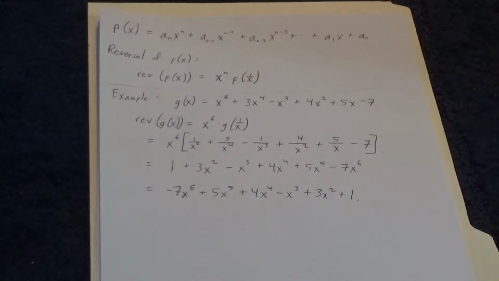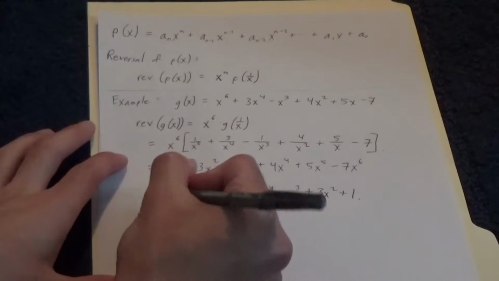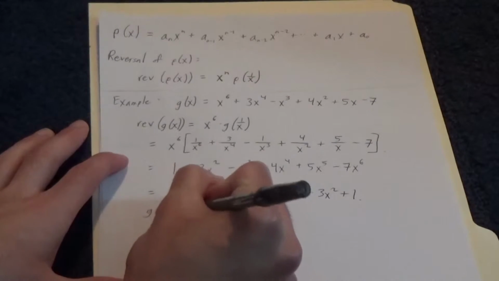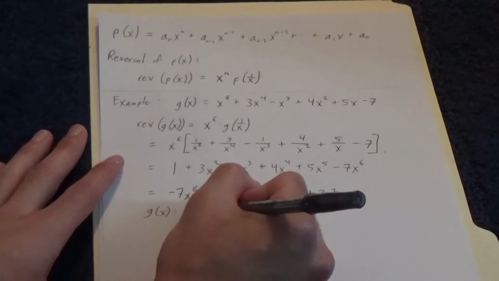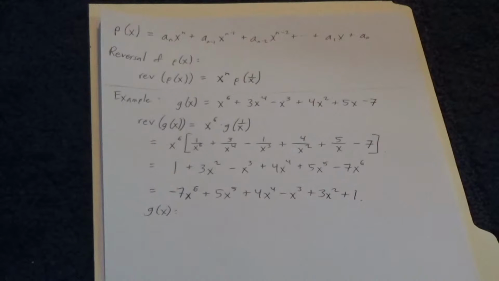And in my opinion, something that also helps demonstrate or even determine what a polynomial's reversal is, is a method where we basically list all of the coefficients of the original polynomial and then reverse them, because that's basically all we're doing. And we can make that clear with this example, for instance. So for g of x, what you'll notice is that the coefficients going in decreasing degree, starting with 6, which is equal to n,